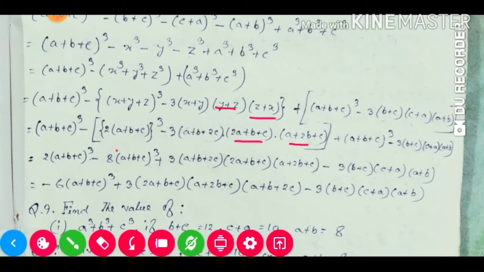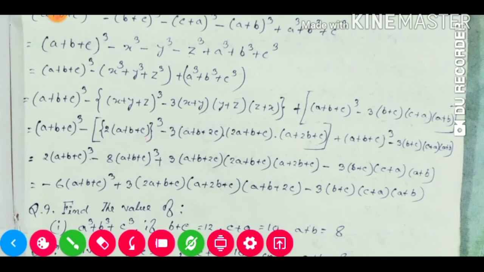Now this portion same to same. It is our A plus B plus C whole cube. A plus B plus C whole cube is equal to 2 A plus B plus C whole cube. How is it becoming 2 A plus B plus C whole cube? Here another A plus B plus C whole cube is there. So this portion and this portion, if we add, it will be 2 into A plus B plus C whole cube. And this one will be 2 cube, which means 8, and plus minus will be here. Here minus and here it is plus. So plus minus will be minus, and 2 cube is equal to 8. And A plus B plus C will be whole cube.